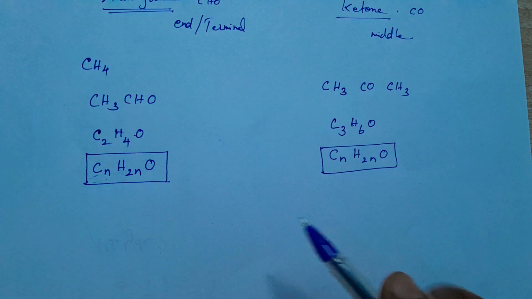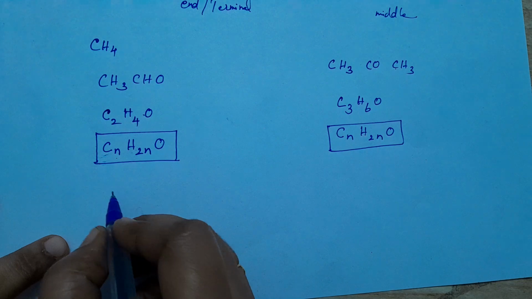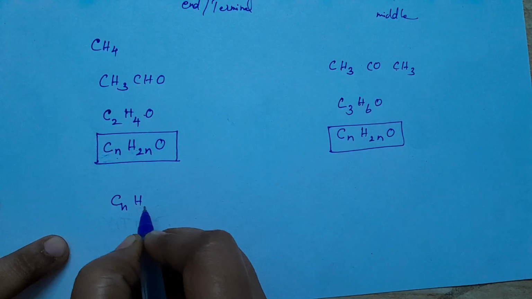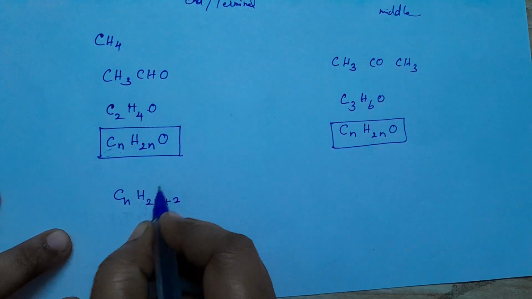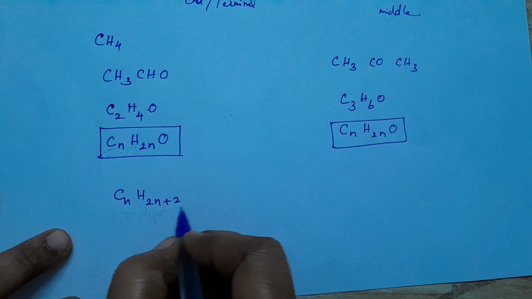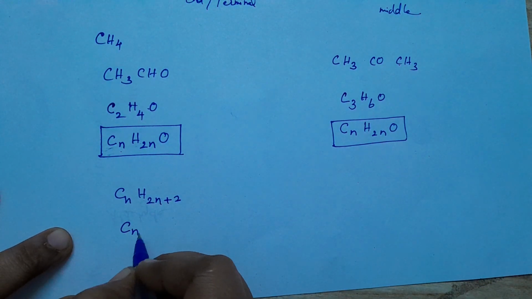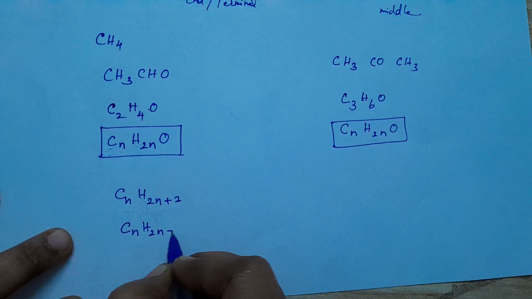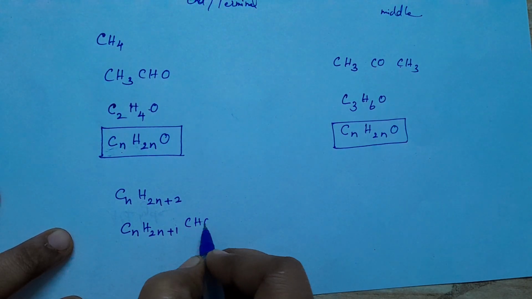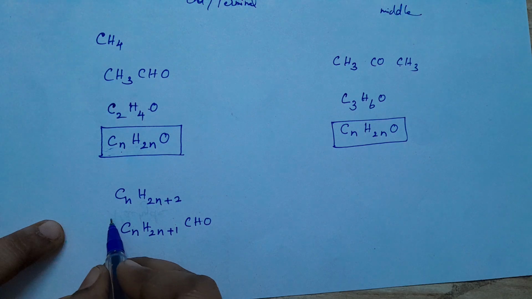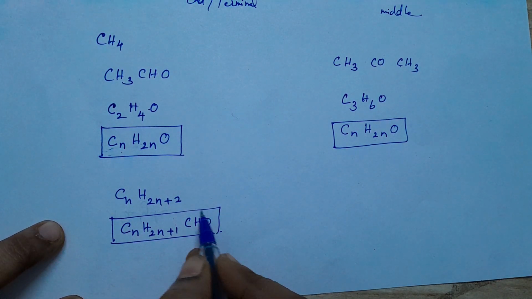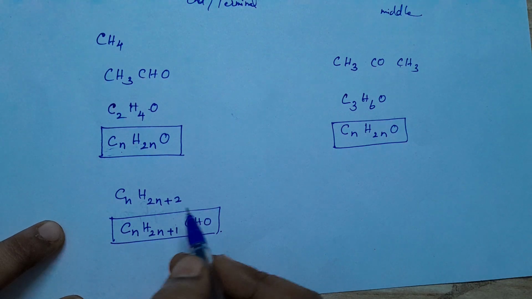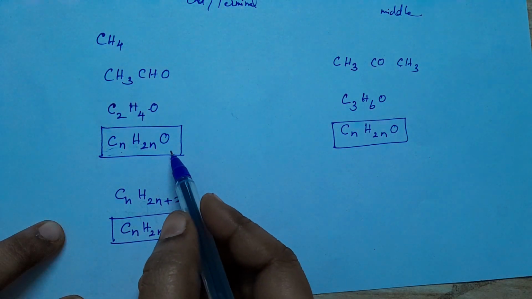In general, they will write like this: CnH2n instead of plus 2. What if we replace this by a functional group? We can write it as CnH2n plus 1 CHO. If they ask only the aldehyde, you can go for this formula with the functional group. If they ask for the general formula of both the